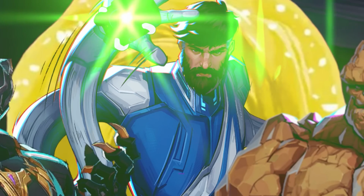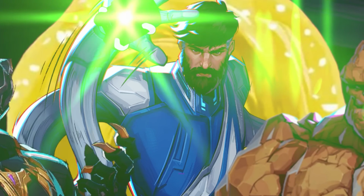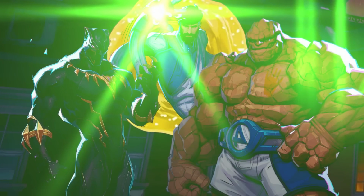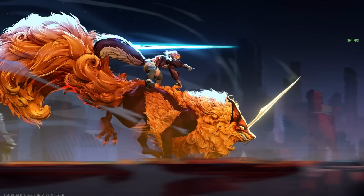Winning the game as attackers and getting Ratatoskr all the way to Dracula's throne room plays a cutscene where we see Squirrel Girl riding on her ally's back as he rushes towards the throne. Now on top of this, we know that Reed Richards has managed to get a version of his time stream reintegration device working,